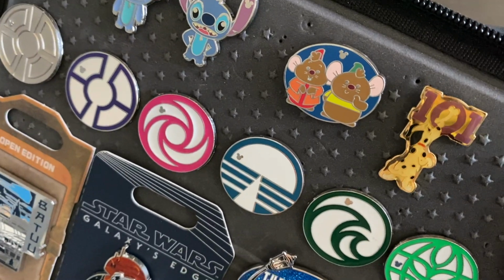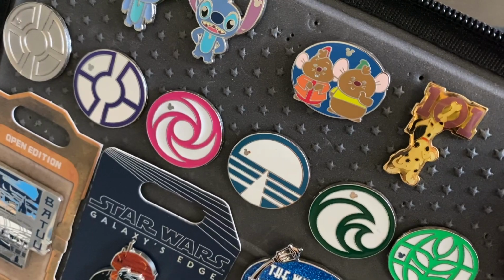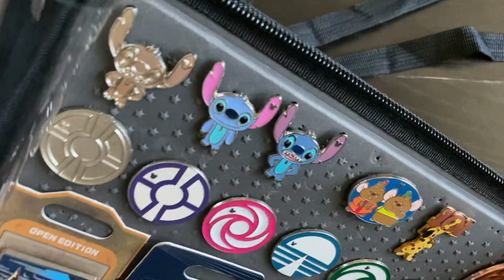Next pin you see here is the Buddy System pin of Gus and them from Cinderella. I only have one of them. I don't have the entire collection yet. And then the next one here,